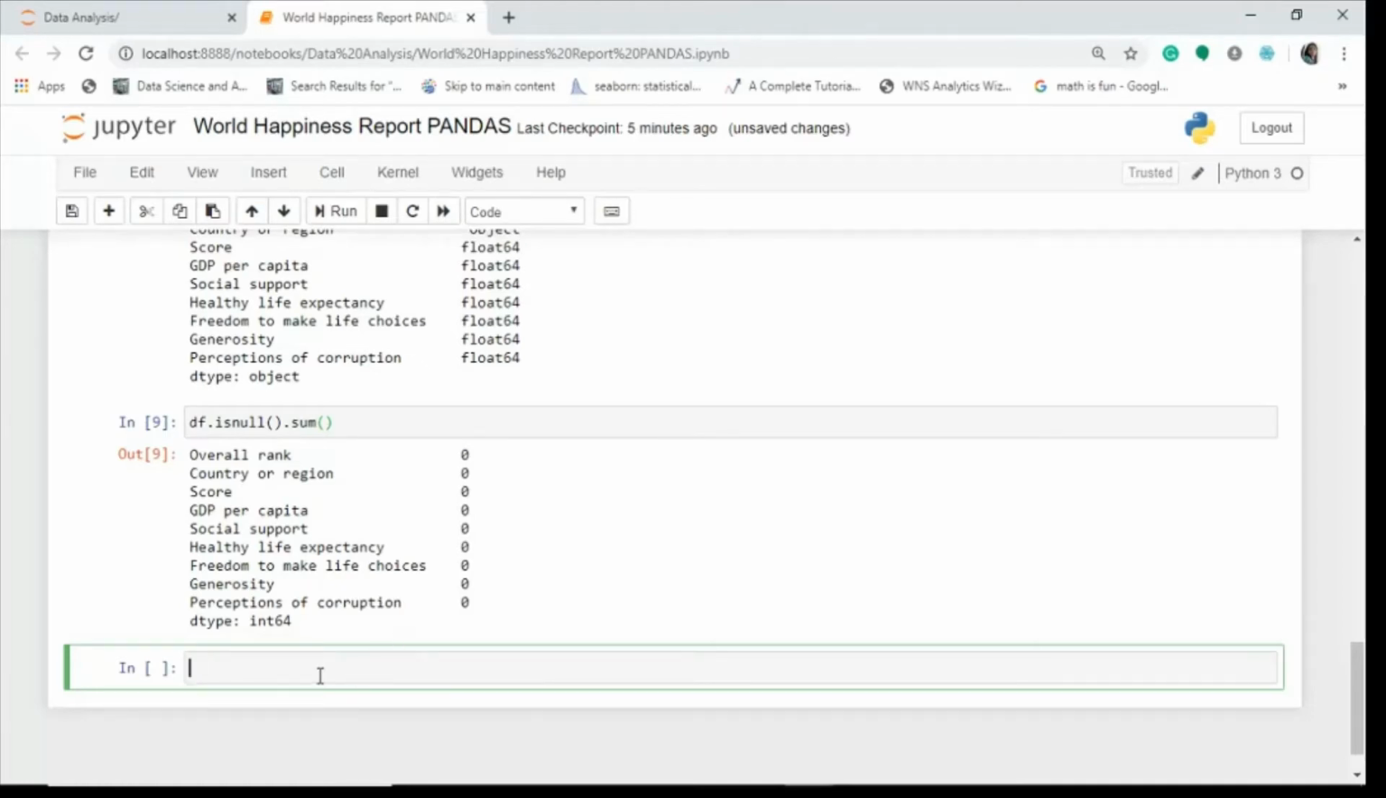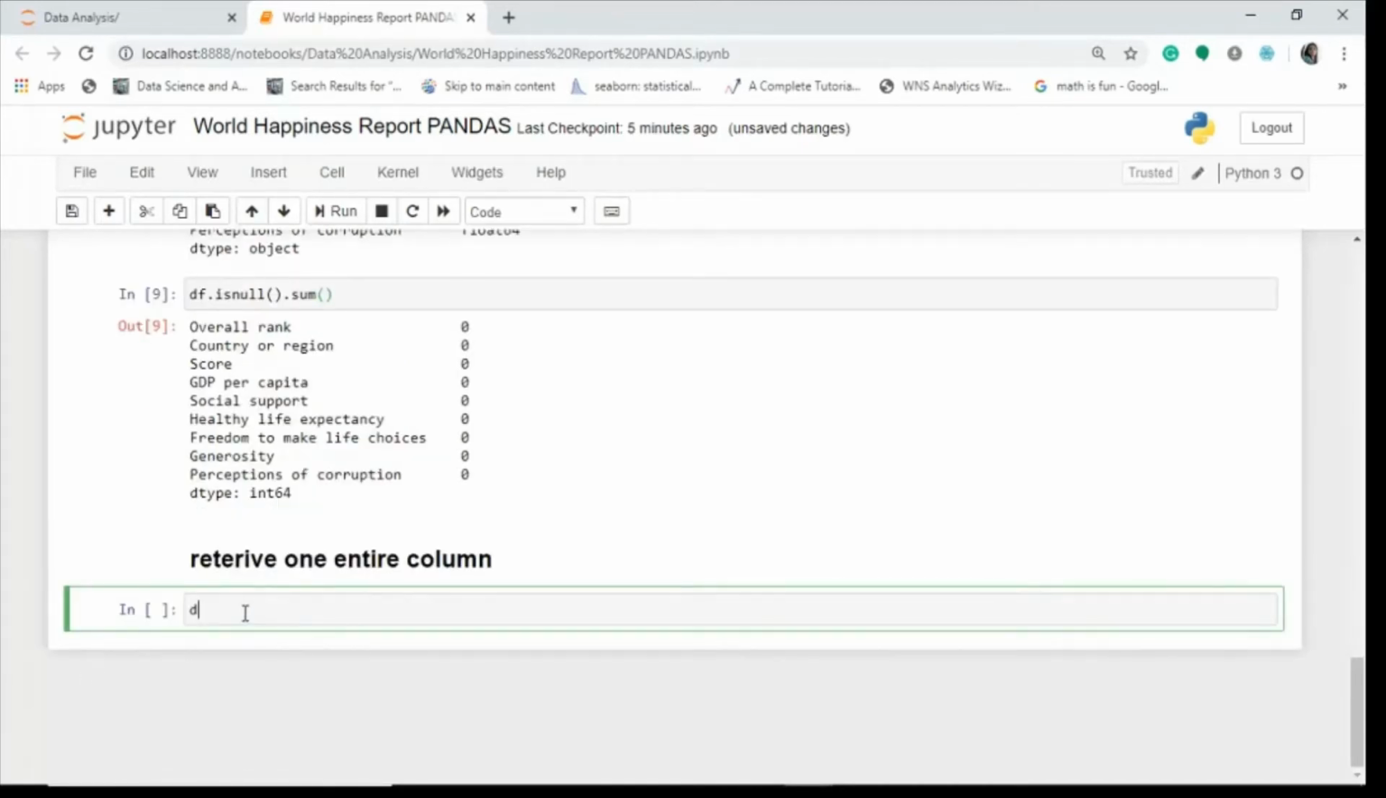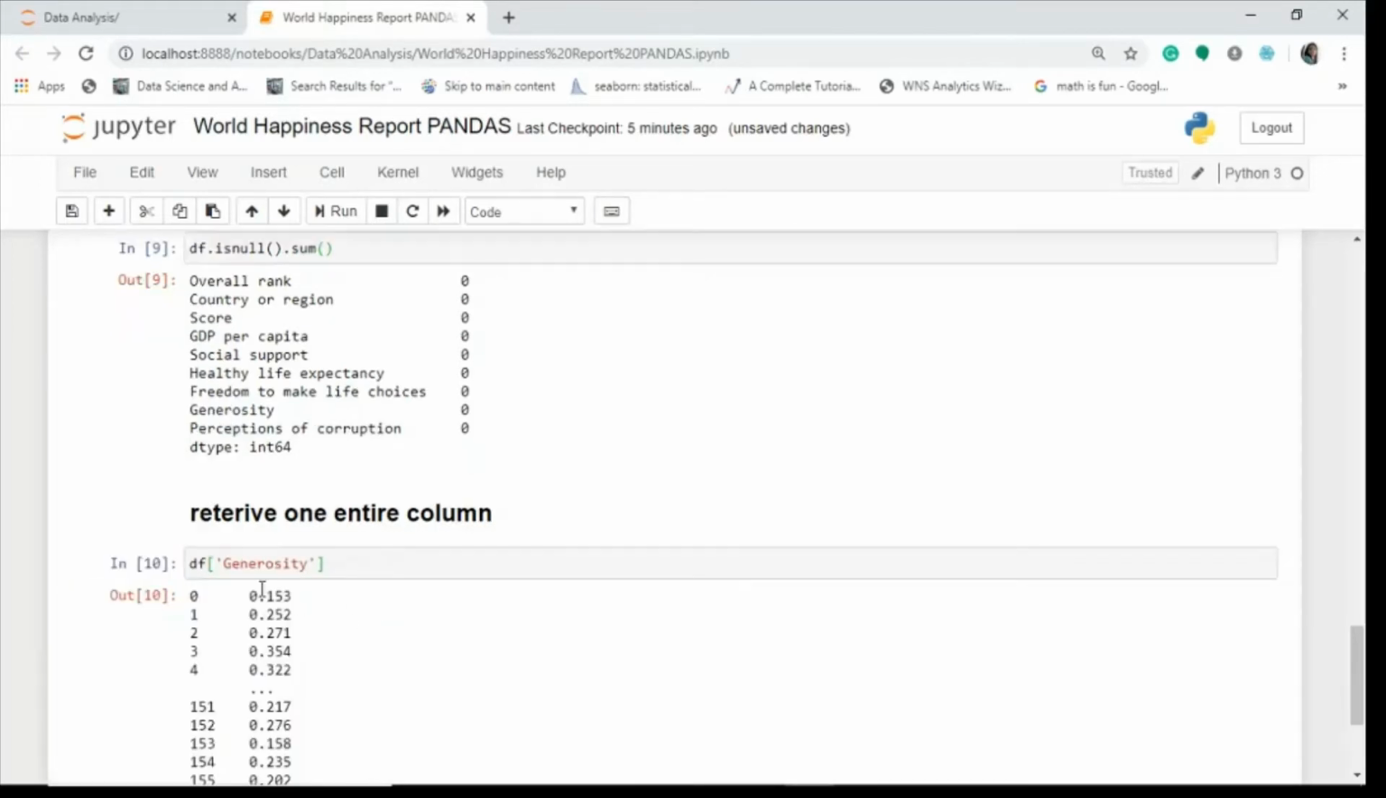Next we go on to a few more things. Now suppose I want to retrieve one entire column. How do I do that? I will simply write df and get, suppose, generosity. I press shift enter and I get generosity, but I don't know what this is. This is just an index. There's no country. So to make this more meaningful,